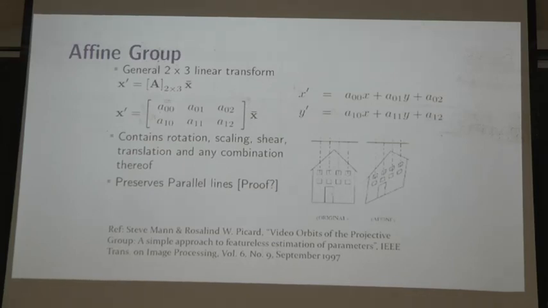No, sorry, I think I made a mistake. On rotation also angles are preserved. Yani angles, I'm saying angle between two lines. If there were two lines which are at 90 degrees to each other, after rotation they will remain at 90 degrees to each other. So rotation also preserves angles. Affine or skew does not preserve angles.